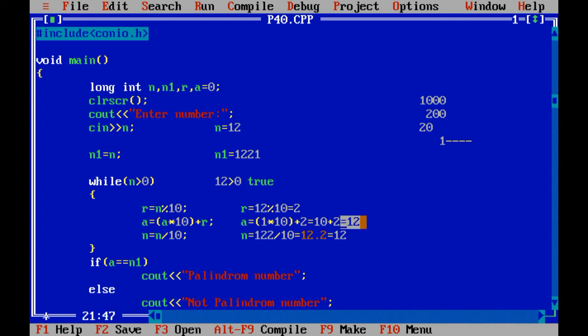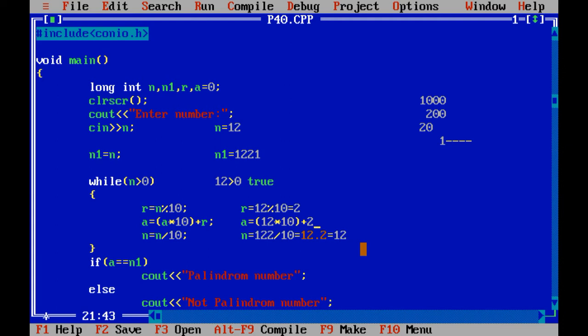What is the value of a? It is 12, right? So let me again clear this. 12 multiplied by 10 plus the value of r, which is 2. See carefully, otherwise you will not get what I mean to say in the program. I am going to dry run the program so that you people can easily understand the given code.